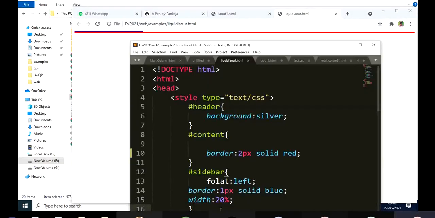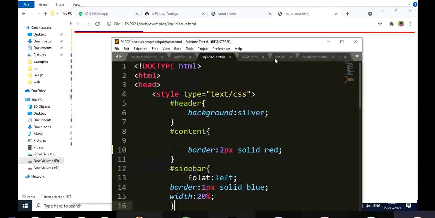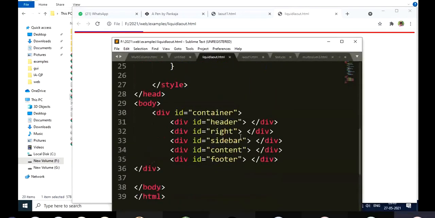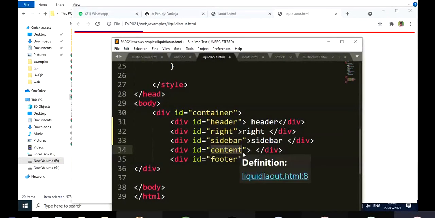Okay, so you just keep changing these properties, and you will be able to see the content. Let me just add these headings. You check in the textbook also what example they have given. I have not taken that example.